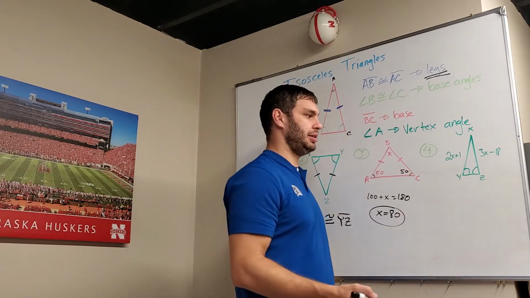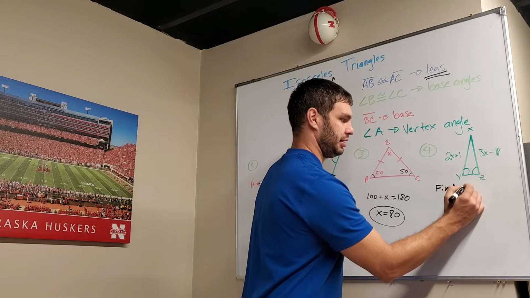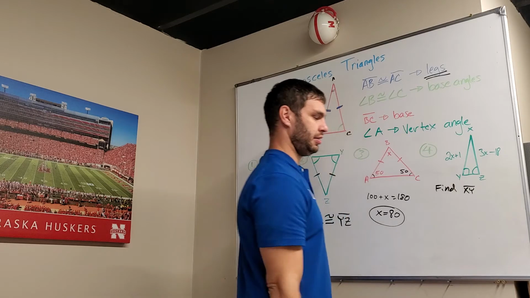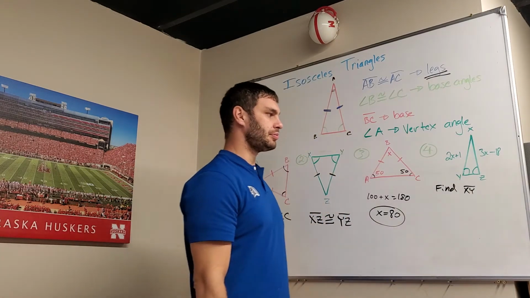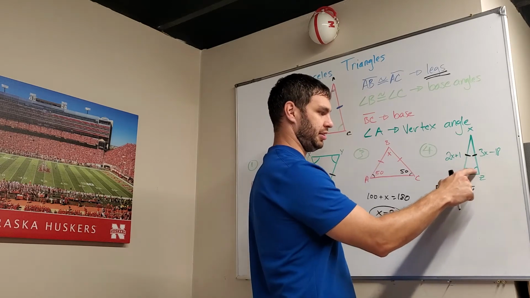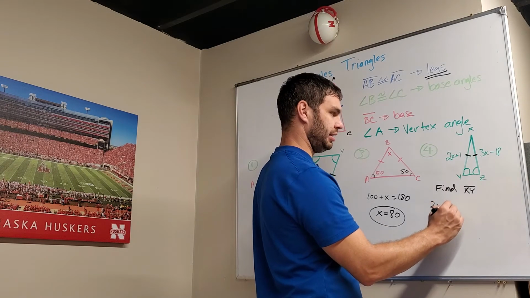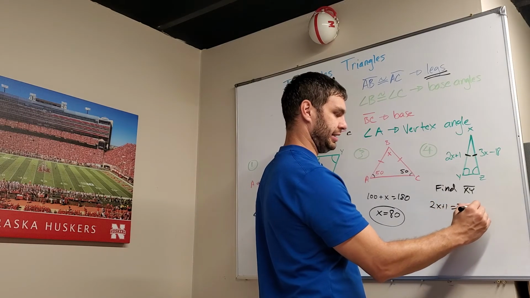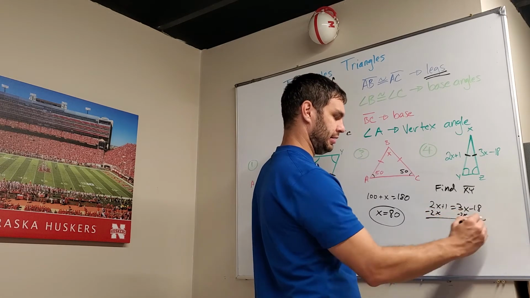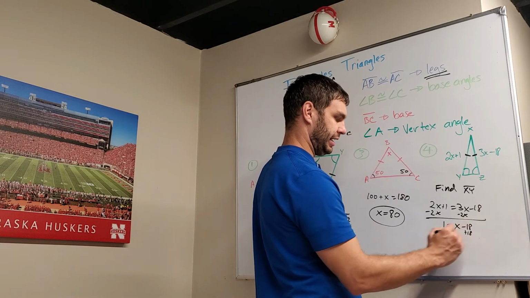All right, the last problem, I want us to find side XY. Okay, find XY. So to do that, we have to remember that these two sides are the same because these are our base angles. So I need to first set those equal to each other. 2x plus 1 equals 3x minus 18. I'm going to subtract 2x on both sides, and that leaves me with 1 equals x minus 18. So if I add 18 to both,